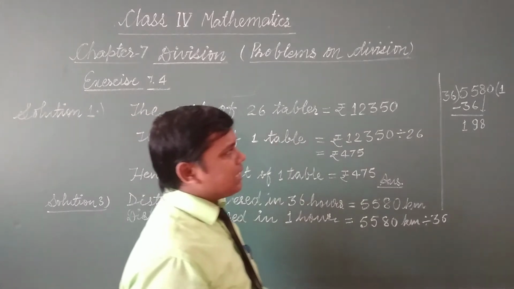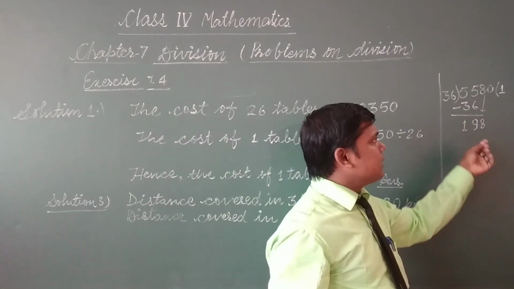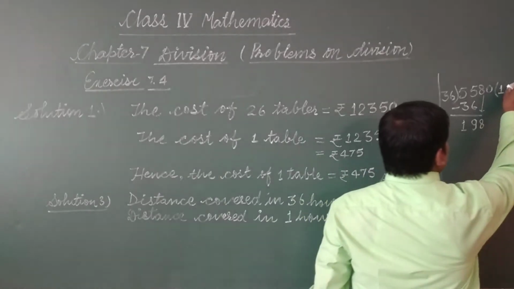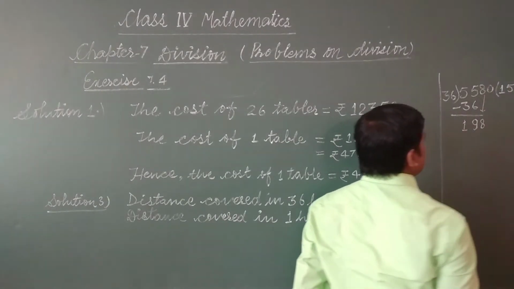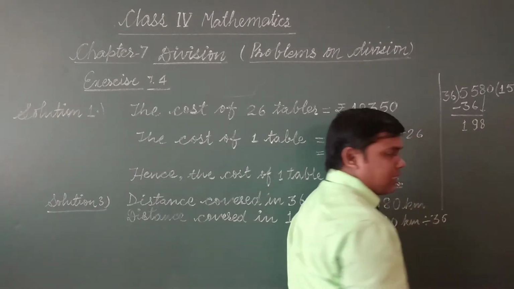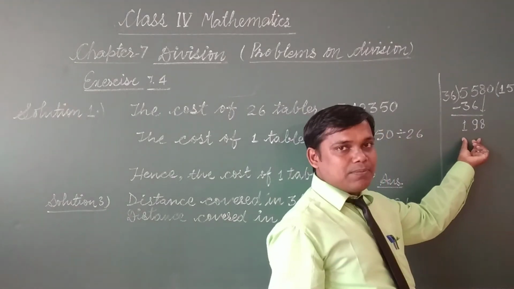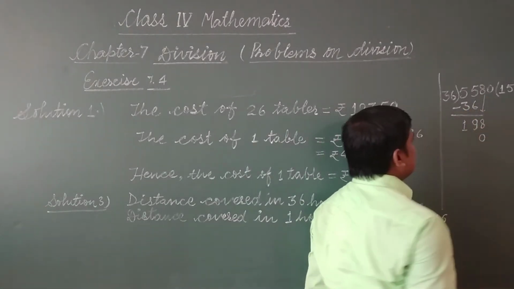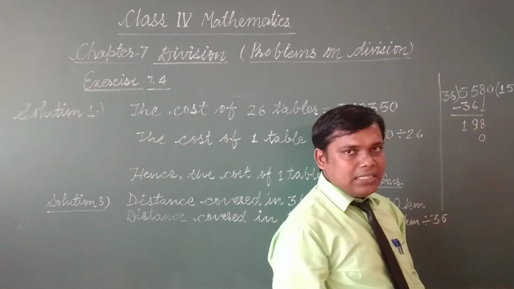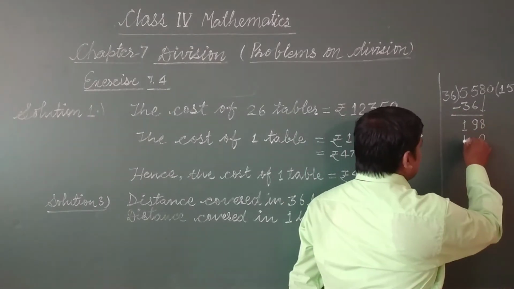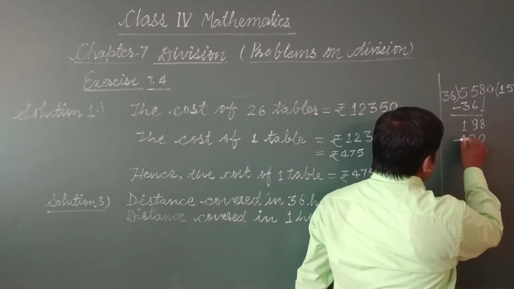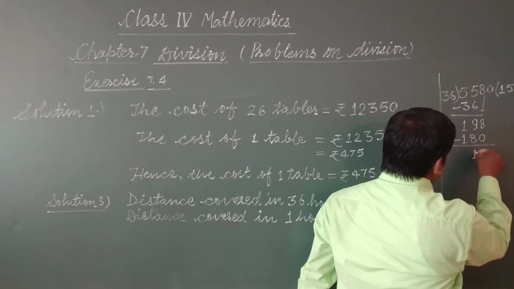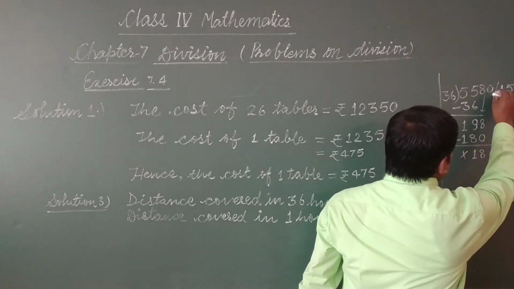Now when you read the table of 36 to reach here, you will write it 5 times. Just see by 5 times what is the product coming here. 6 5s are 30, 0, carry 3, and 3 5s are 15 and 3, 18. When we subtract, we get here 8, and 1 minus 1 cancels, then 0 will come.